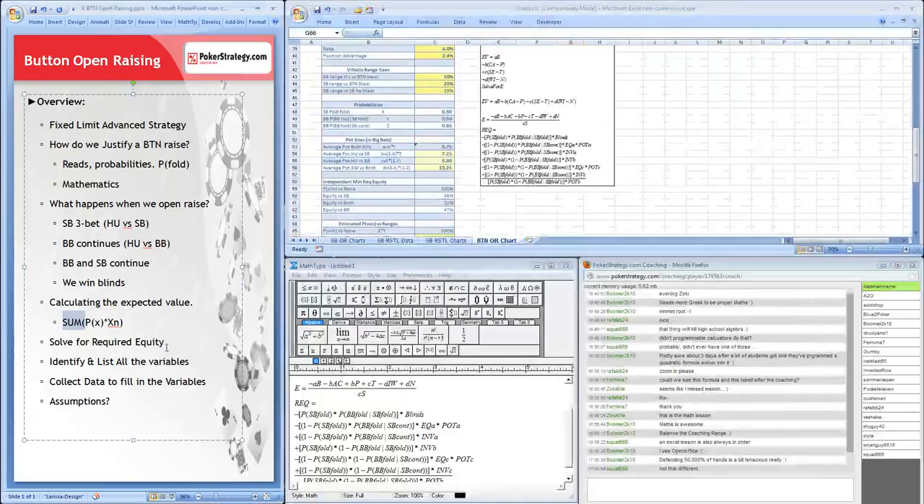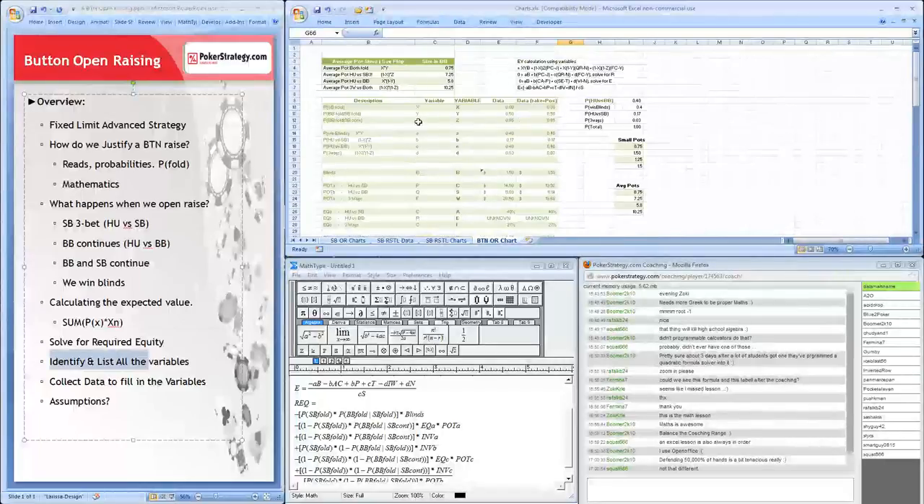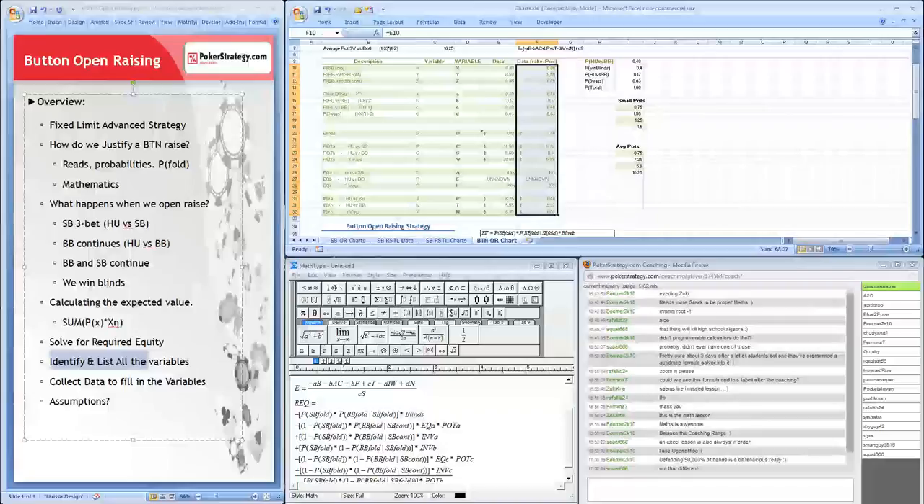And you can see here we've actually gone through many of these steps here. We've solved for required equity, right? We've created our expected value calculation to do so. We've also listed a ton of variables, right, all up here. These are all of our variables. We've collected data to fill these in. And we also have some assumptions, which are probably worth talking about. Now, these are the same assumptions that I've used repeatedly,